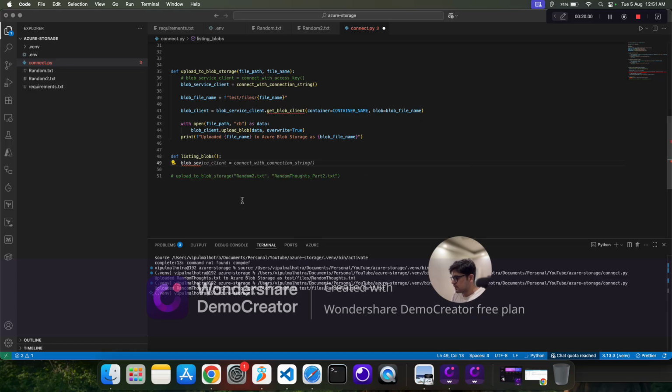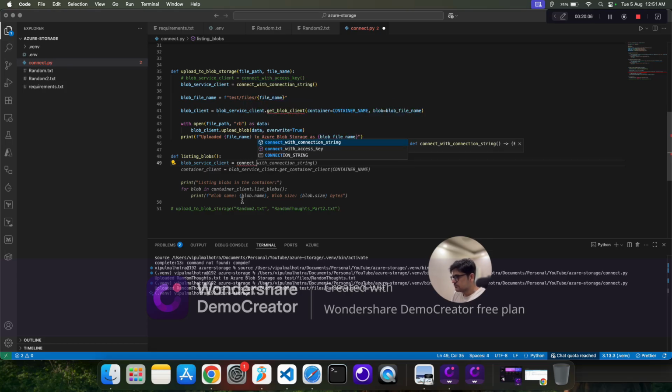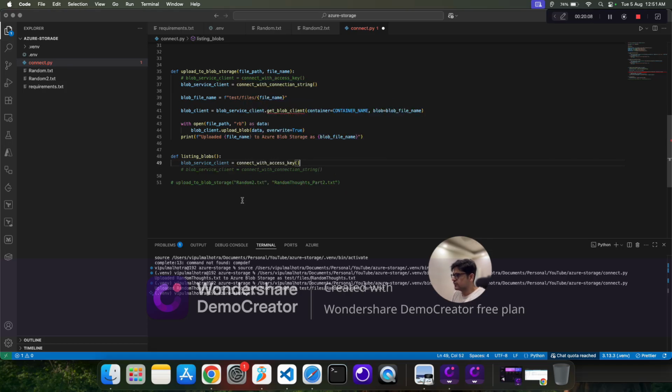You must have understood it by now that any time you want to connect with the service, you need a blob service client. Now you have a blob service client, you have already connected to blob, but you don't really want to go in which blob, which container your file exists. So then you create a container client, and